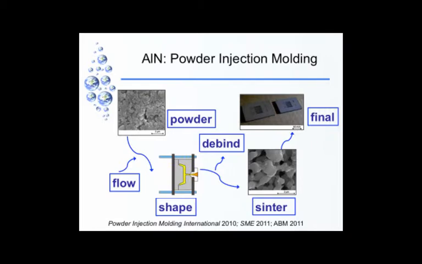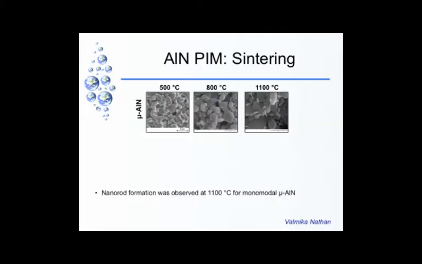What we were looking for was, if you go from purely microscale powder to a bimodal micro-nano mixture, because you have higher packing density, can you take advantage of the improved rheology and get lower sintering shrinkage as a result of these additives? So we went ahead and tried to do some debinding. There were some differences over there. We saw rheological differences already. But then the next thing that we looked at was, how does this material sinter?